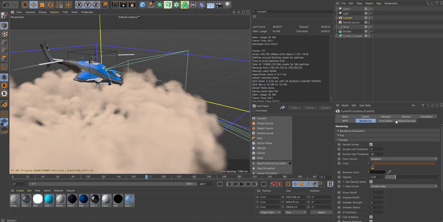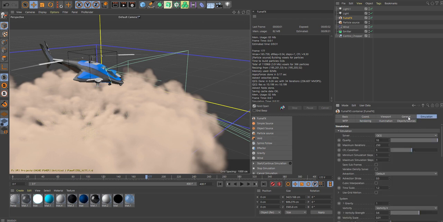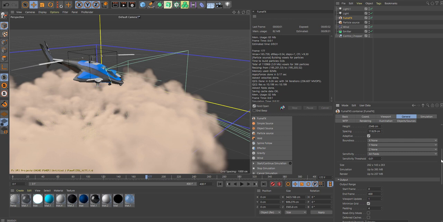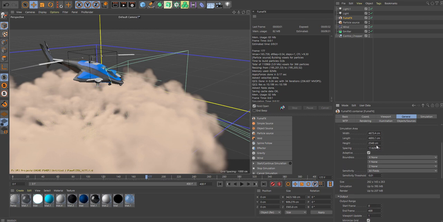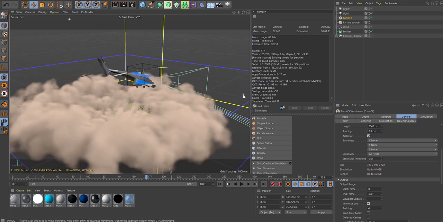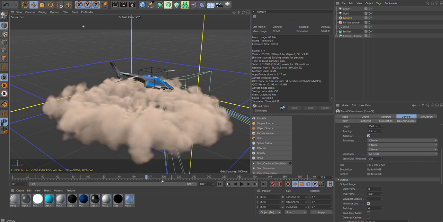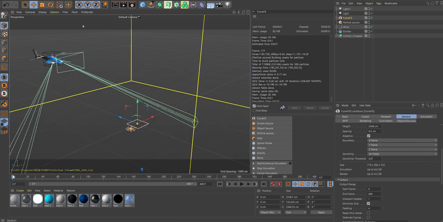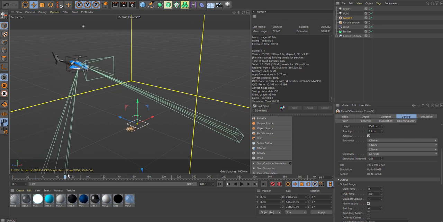So at this point you should go in and actually crank up your spacing to get those finer details. So go into your general tab, and right now you can see the spacing is almost 18 centimeters. So let's say 7 centimeters. You get a simulation time of 6.4 gigs. I would say 6.5. Take that, and then don't waste computer power